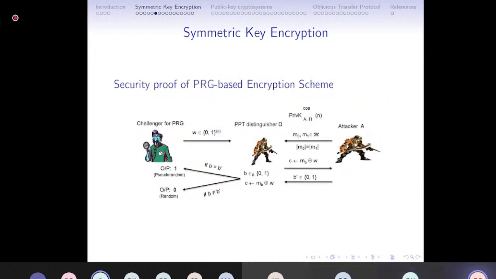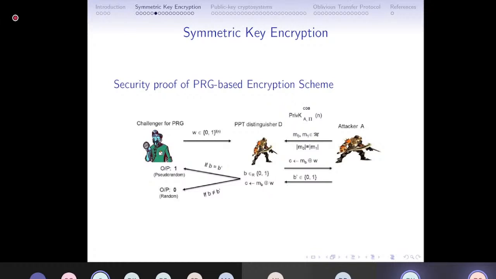So this is the formal security proof of the above PRG (pseudo-random generator) based encryption scheme. How do we prove the above construction is secure? For that, we take an attacker A, who claims that they can break the PRG based encryption scheme. To verify that, we construct a PPT (probabilistic polynomial time) distinguisher. If the attacker breaks the system, that means they can easily guess whether the key is generated from the pseudo-random generator or is truly